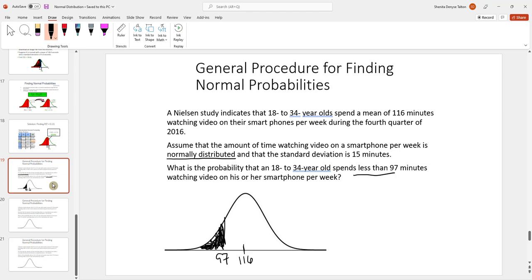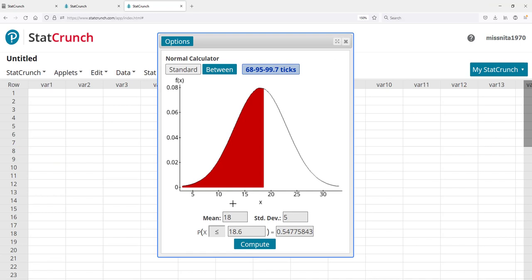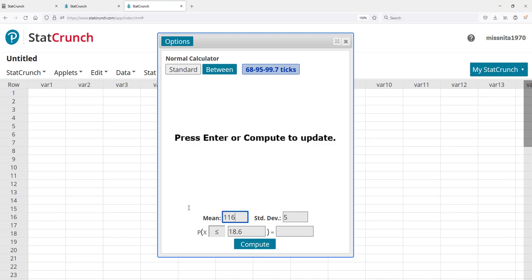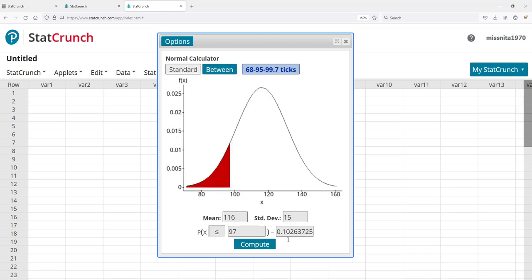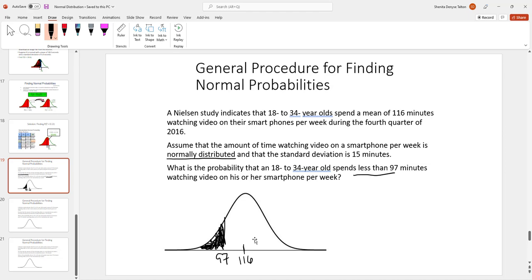Okay. So we can go ahead and just punch this into StatCrunch. The mean is 116 and they told you the standard deviation is 15. So let's go ahead and punch this into StatCrunch to figure out what these answers would be. So we got the mean is 116 and the standard deviation is 15. We want everything less than 97. Hit compute and I get an answer of 0.103. Okay, 0.103. And the picture looks just like what we drew here. So this area here is